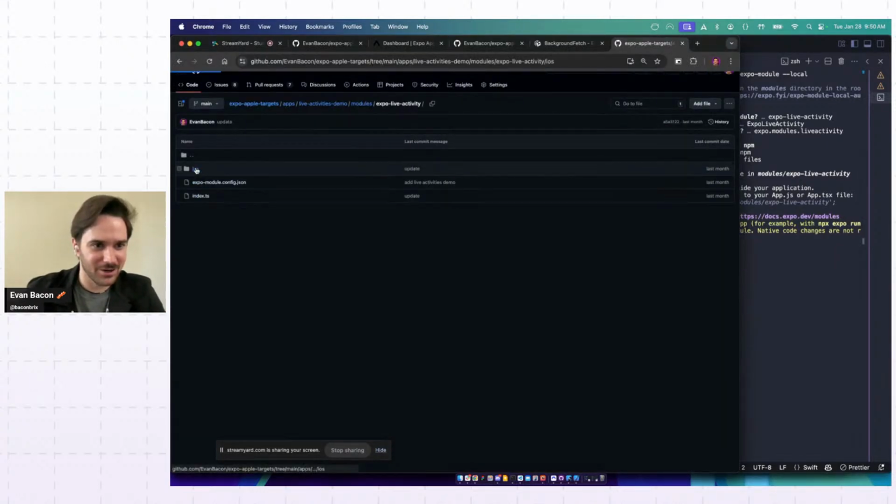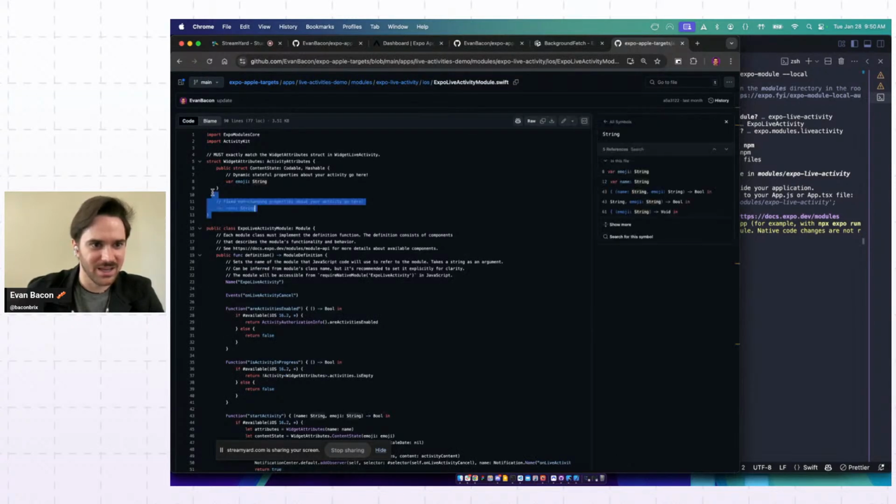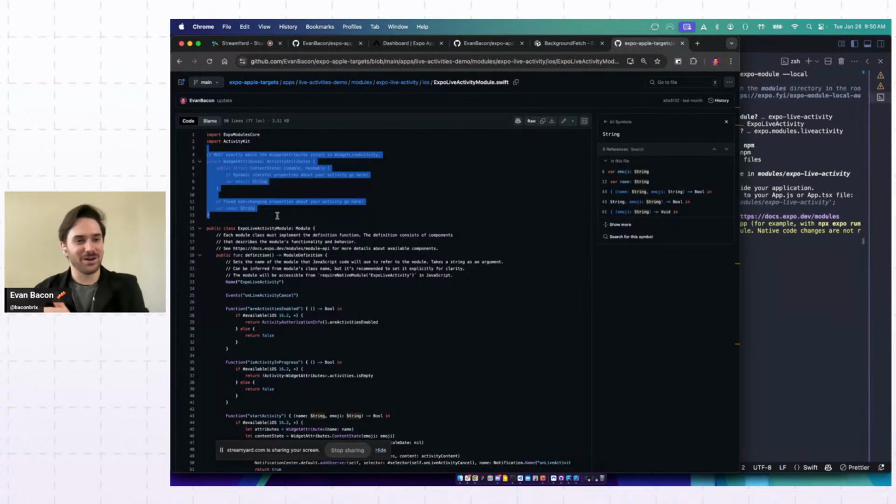So yeah, we go into here. We can check out our live activity. Nothing in the pod spec, just a single file. And the thing is, we have this widget activities just copied identically across both. When Apple compiles this, the symbols match, and then we are able to update